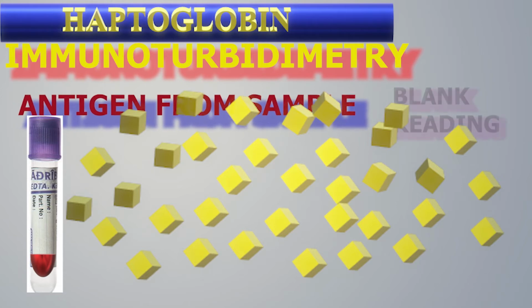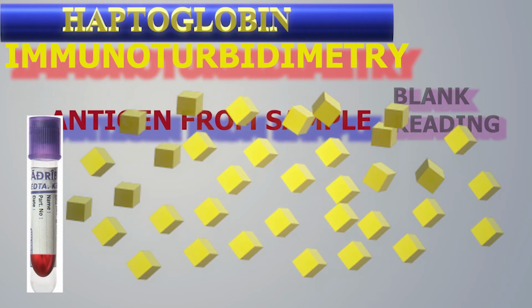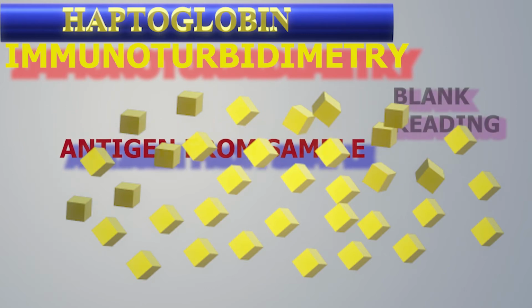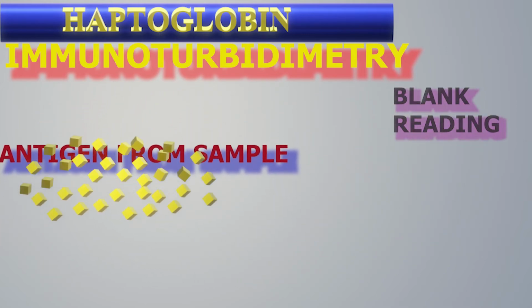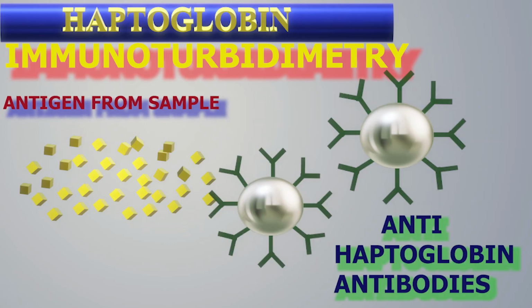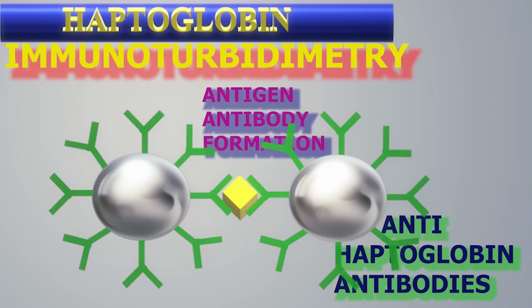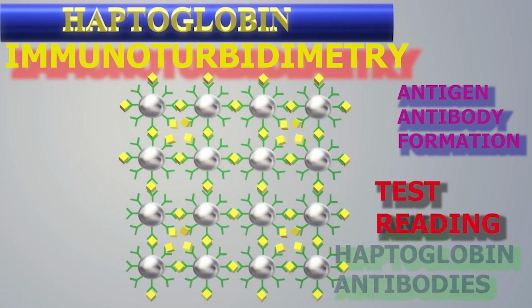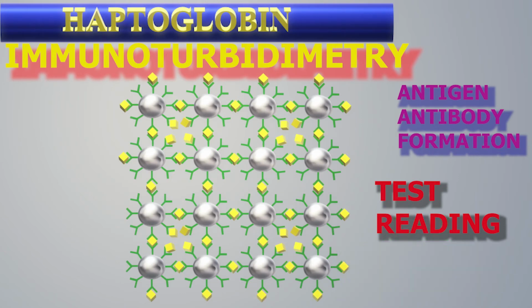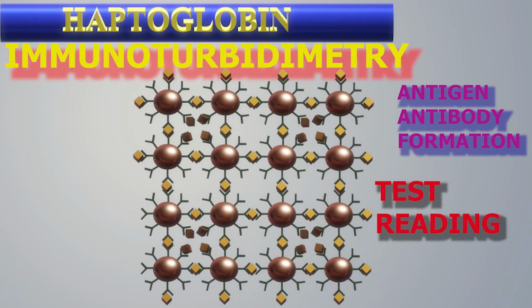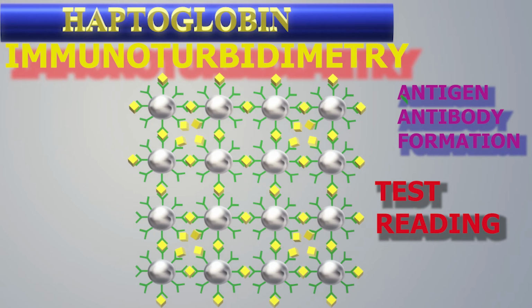Immunoturbidimetric method measures increasing sample turbidity caused by the formation of insoluble immune complex. The sample containing haptoglobin is incubated with buffer, and a sample blank determination is performed prior to addition of haptoglobin antibody. Anti-human haptoglobin goat serum is used. In the presence of an appropriate antibody in excess, the haptoglobin concentration is measured as a function of turbidity. Hemolyzed and lipemic samples are not suitable for some methods.